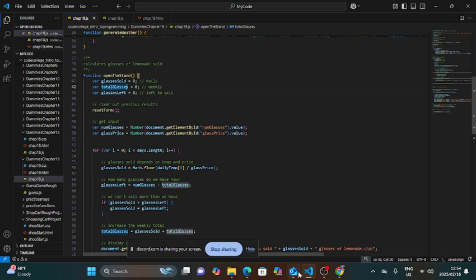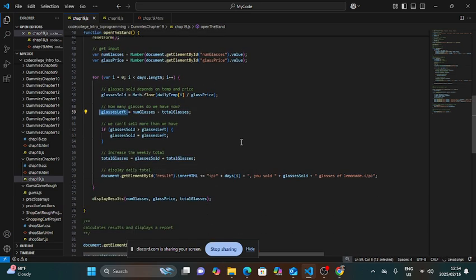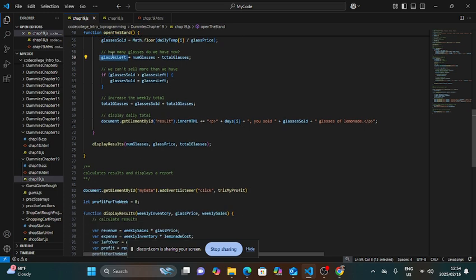But like when you order the glasses of lemonade, and you have the number of glasses, you can subtract both of them, and then you get this. That's what I understand from it. But yeah, that's after. That's why it says how many glasses you have now. Then in this if statement,